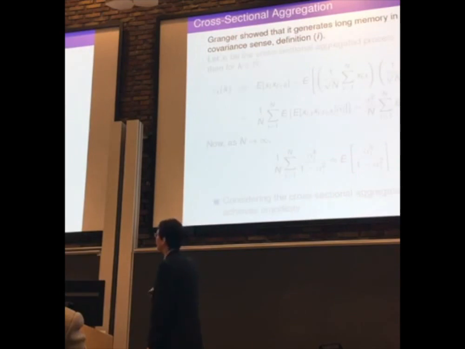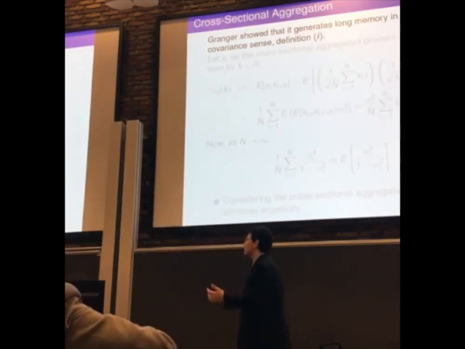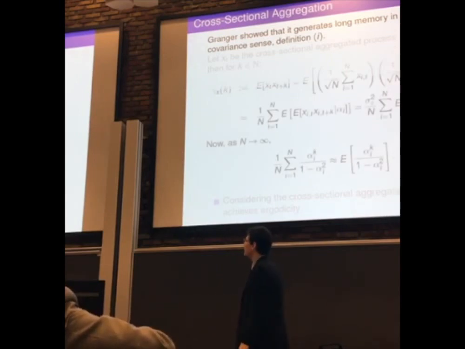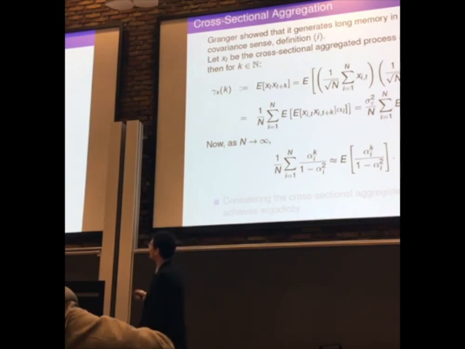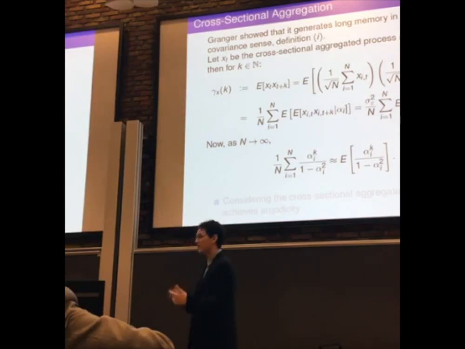You can show also that this gives you the same autocorrelation function as the random AR process. That's definition 1. And it's pretty much the same process that we did before. So the autocorrelation function depends on k, it's the expected value of the product. Then we can take the 1 over square root of n, so it goes out. They're independent, as already mentioned, but the alphas are independent, so we can use the sum of these expected values. This is as we had before. So we get to this same expression.